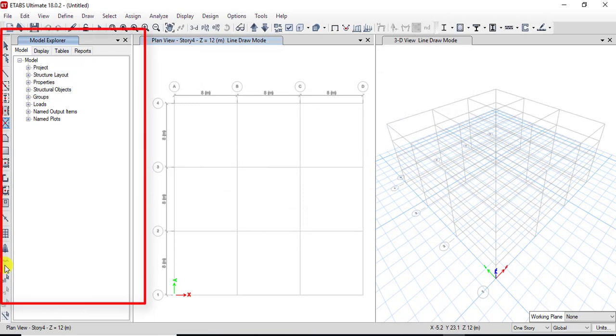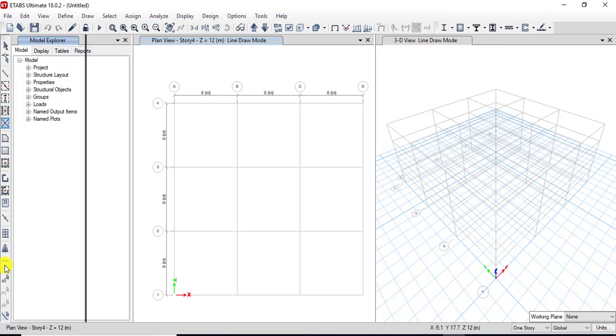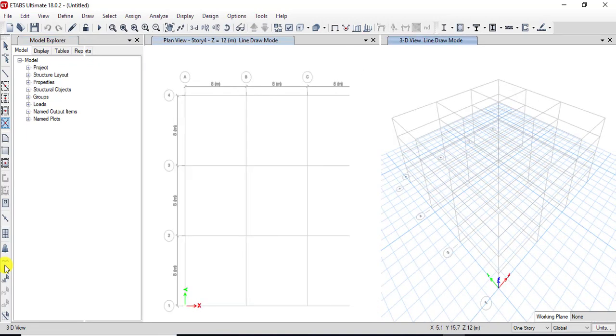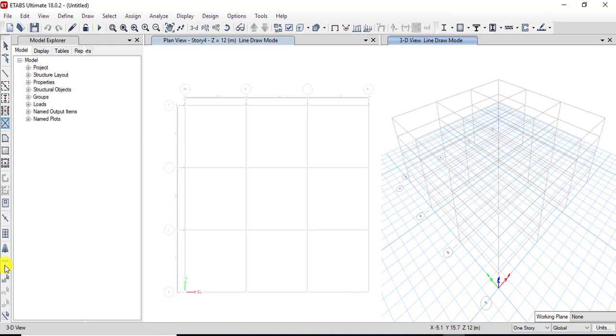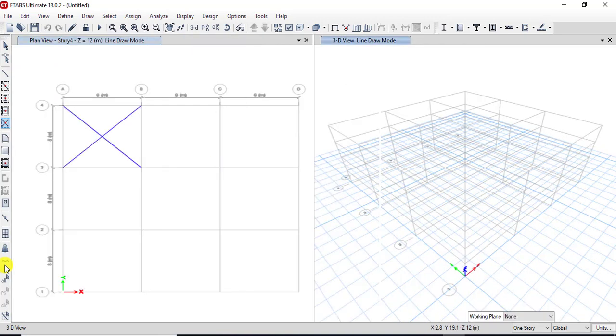And then here we have an option Model Explorer. We can maximize and minimize it by using this scroll button. Just pick it and then move the cursor wherever you want to place it. Let me click here and again pick this vertical bar. Let me drag it to the right side. In this way, we can increase as well as decrease the Explorer toolbar. If you want to hide the Explorer window, just click on the Close Explorer option. Now here you can see the Explorer window is closed.